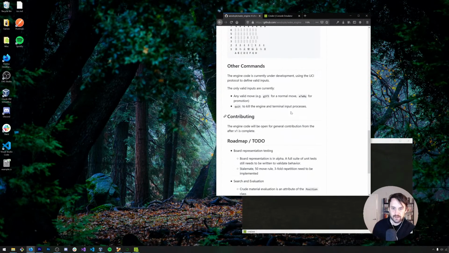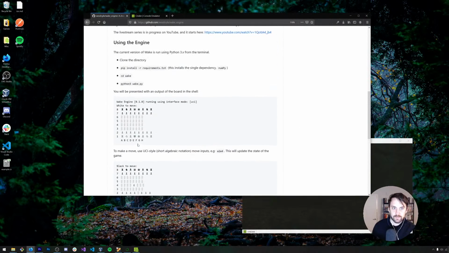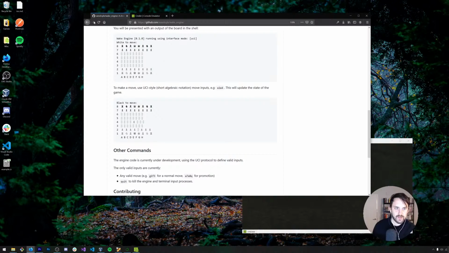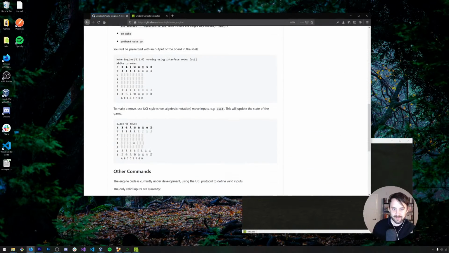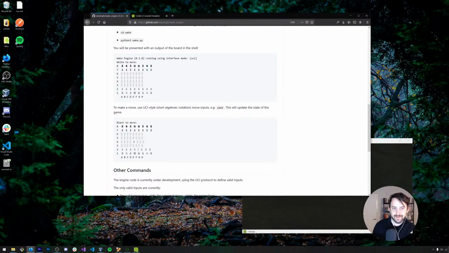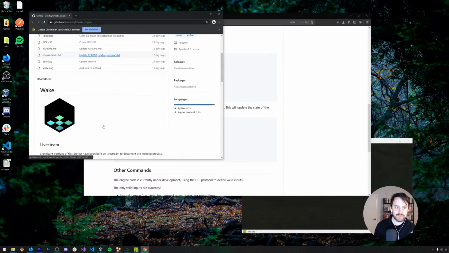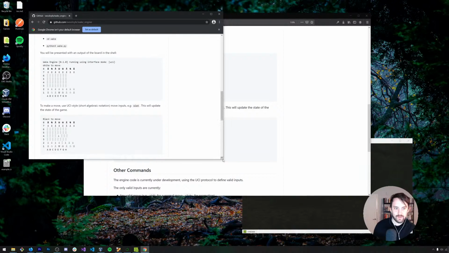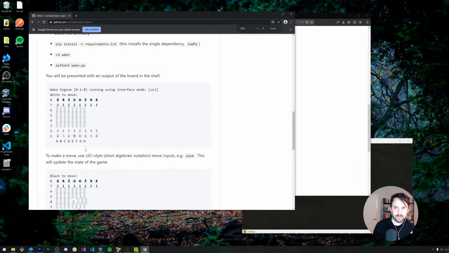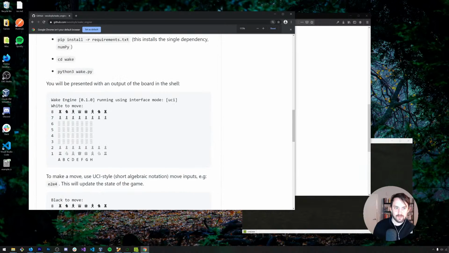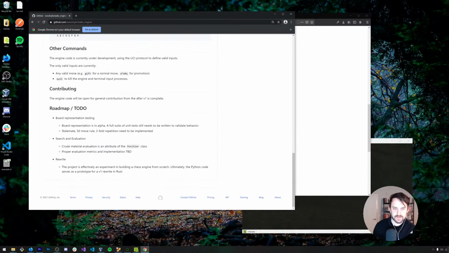Also updated the docs for the chess engine as well. There was a bit of a bug. Oh, there's a bit of a bug in the docs as well. That looks like the rendering in Firefox in particular, perhaps. Does it look like that in Chrome? I realize that this is a completely blown stream. I apologize for that. Oh, look at that. It's messed up in both of them somehow. Okay, well, something else to fix.